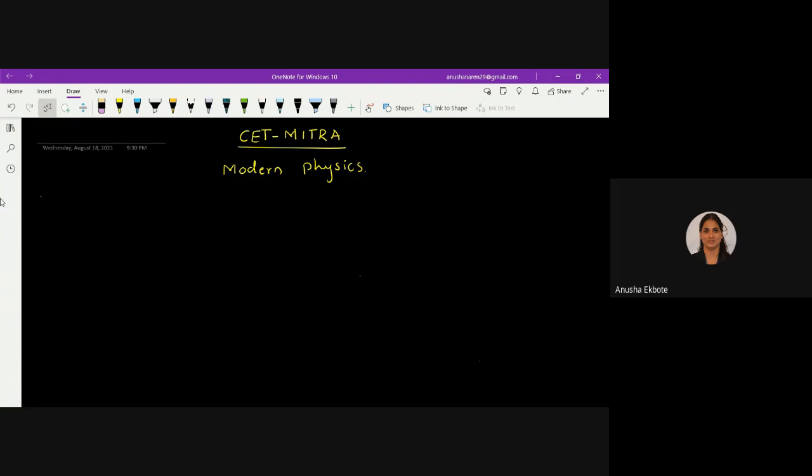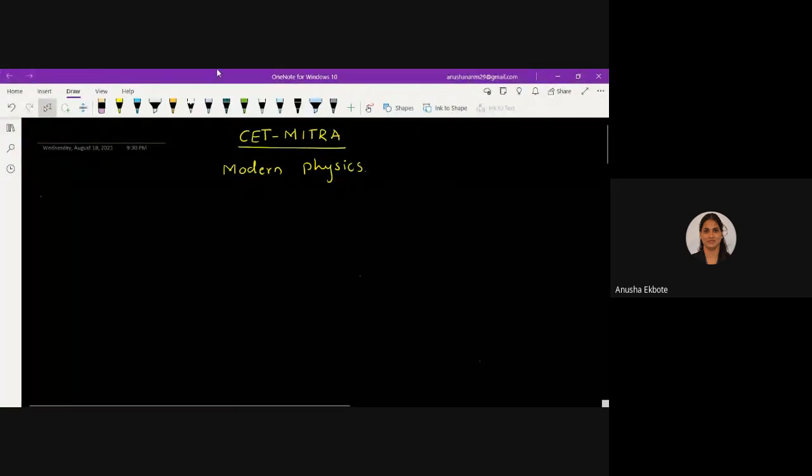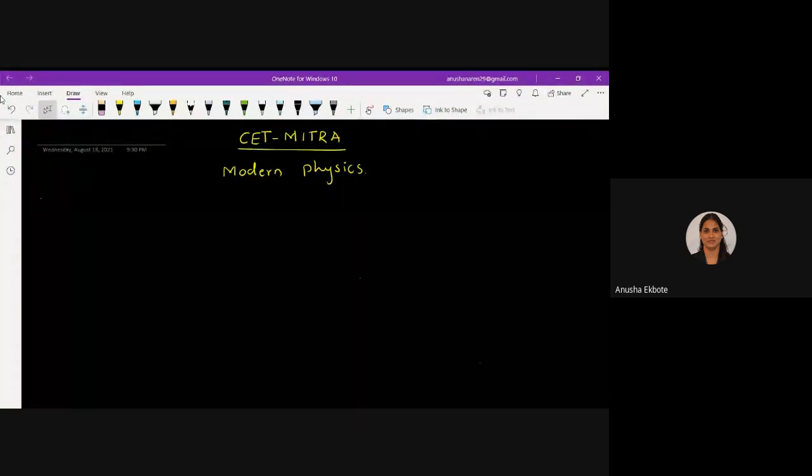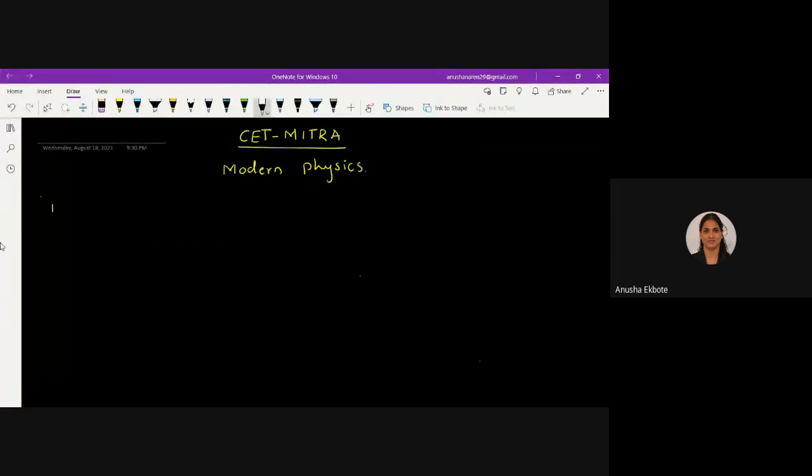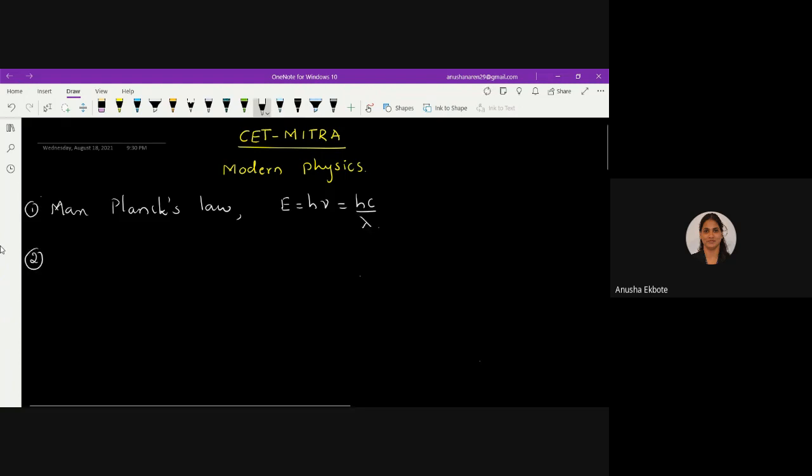So, in modern physics, you have already learnt about Max Planck's law. Max Planck's law tells us that energy of radiation is equal to h nu, or it is hc by lambda. Also, you have learnt one more equation in modern physics, that is the famous photoelectric equation,